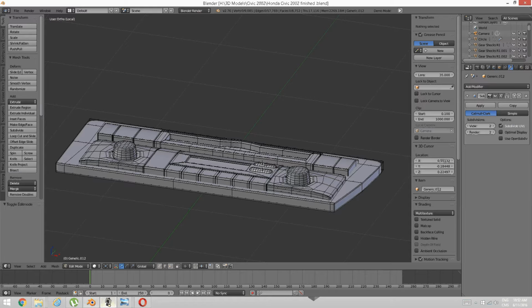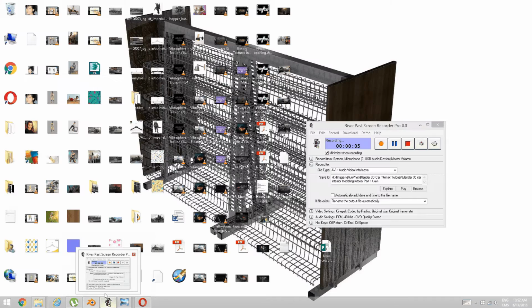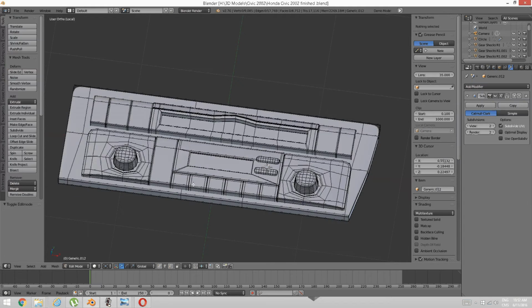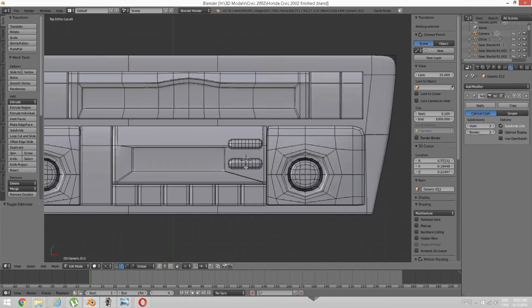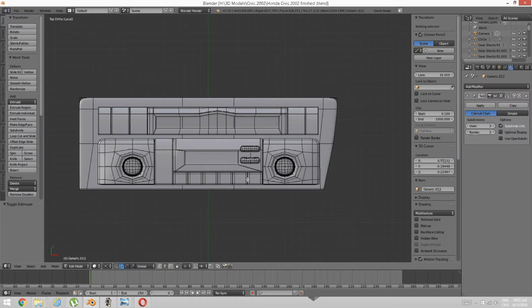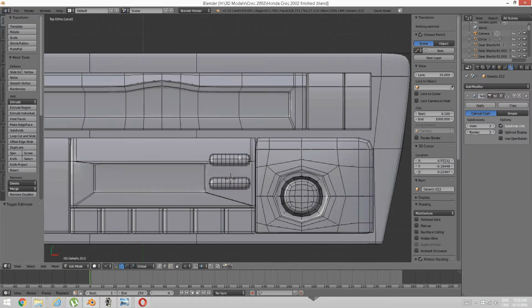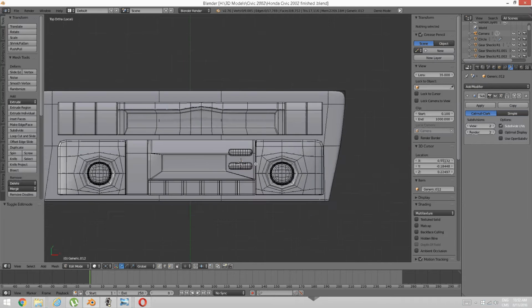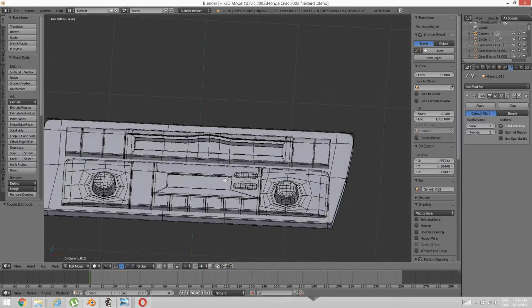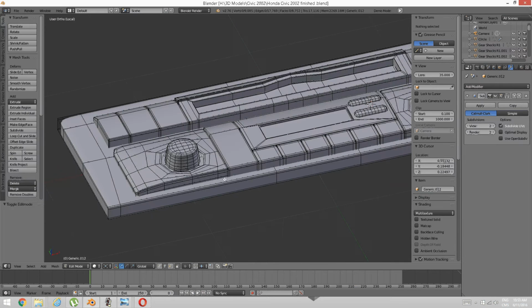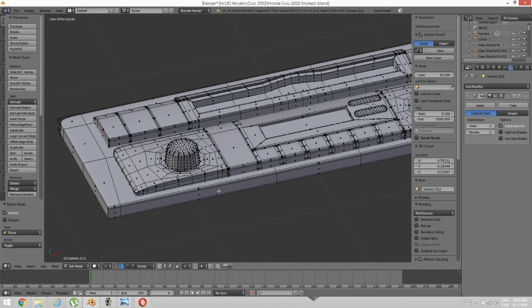Hello. Now I'm back for another Carrara car interior modeling tutorial, part 14. So now I'm just going to basically go into here,